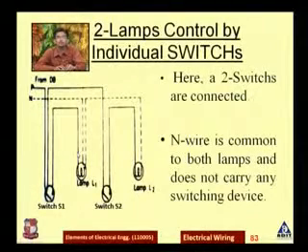So suppose I want to control this lamp. What should I do? I should put switch S2 in the off condition. Right now it is already in off condition. So suppose I want to switch lamp L1 on, to glow lamp L1. What should I do? I should switch S1 to this position.